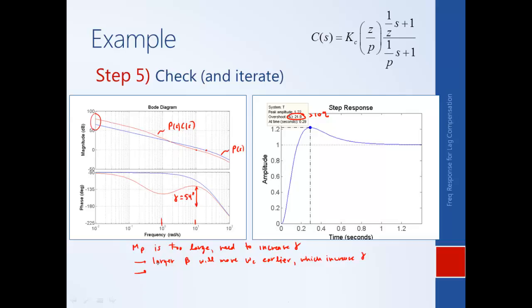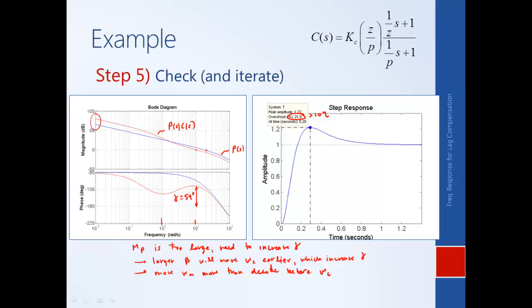The other thing that we can do is we can move omega m more than a decade before omega c. So this dip, which occurs at omega m, that's the maximum amount of phase lag, it's still contributing some phase lag in the neighborhood of the crossover frequency. So if we moved omega m even farther back, it would dip and come back to the plant sooner. So these two approaches are things that we can do to help bring the overshoot down,